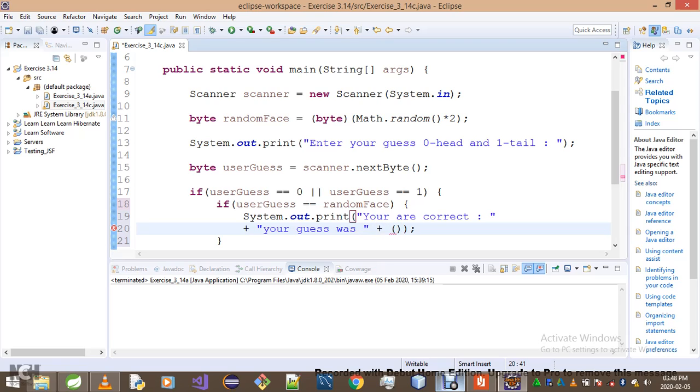This is what we've got to do now. You've got to check this carefully, you guys. Your guess was, or simply say here, if userGuess is equal to 0, we'll ask this, and if that is the case, we'll simply say your guess was head. Otherwise, we'll go your guess was tail. And let's go to the next line, and